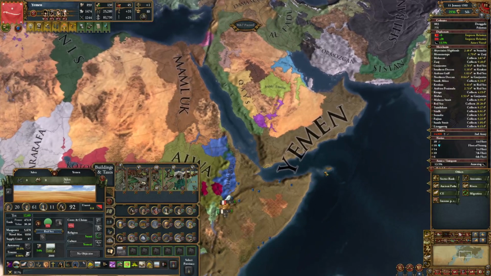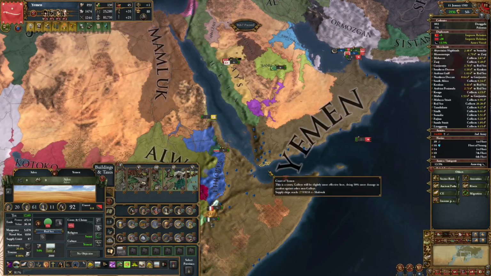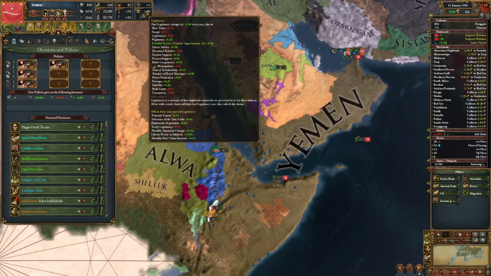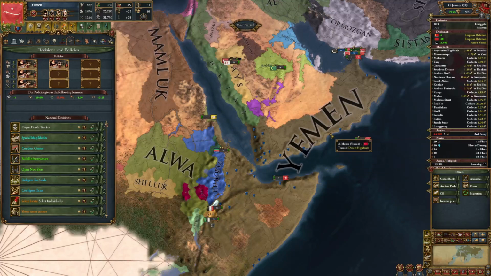And this is a very important part to consider because if you lose a lot of legitimacy, your autonomy will go up significantly. So for example, our legitimacy of 80 reduces the autonomy by 0.15. That is quite a lot. In combination with the distances from your capital, this can play a big role. And yeah, you really want to keep an eye out for this.